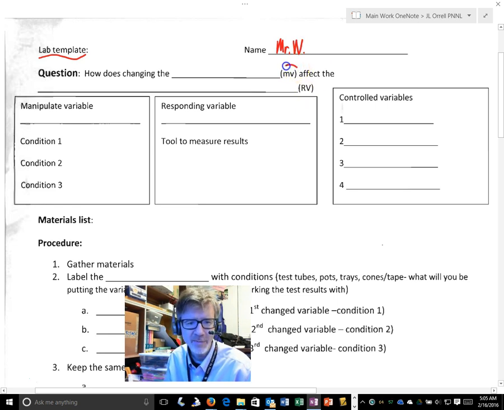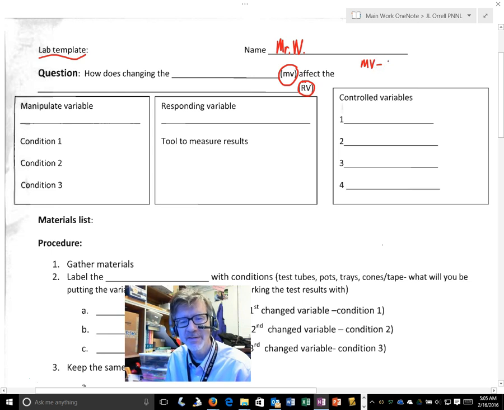Really important part of writing procedures is to differentiate between a manipulated variable and the responding variable. Remember that the MV, a manipulated variable, is the variable you change in your experiment, and you change it in a very specific and controlled way. The responding variable, remember, is the variable you measure. We say it's the responding variable because based on the manipulated variable, when you change that, it responds to it,